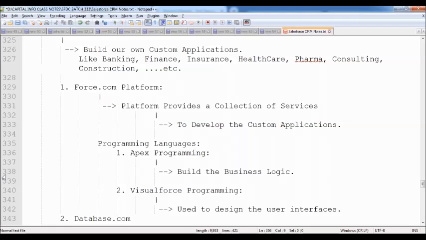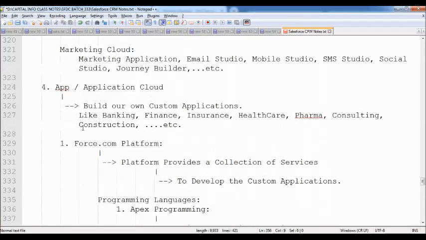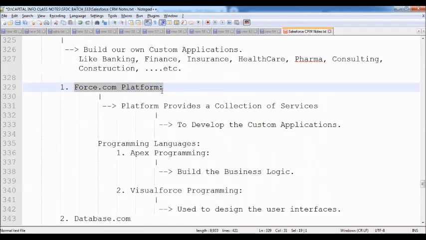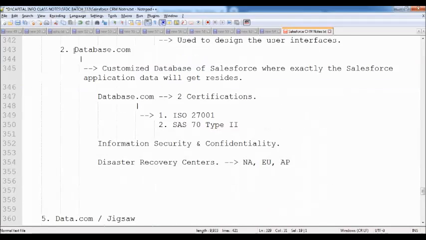As part of this application cloud, Salesforce provides the Force.com platform and Database.com. Database.com is a customized database of Salesforce where all your data resides: your documents, your files, your records, the whole information.